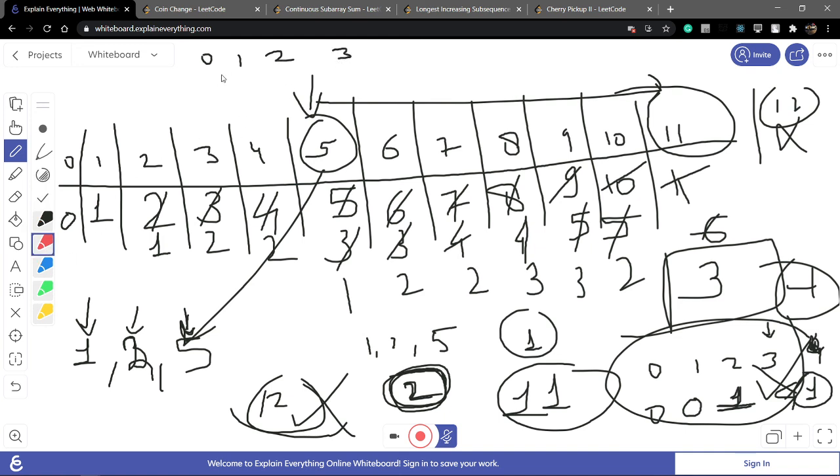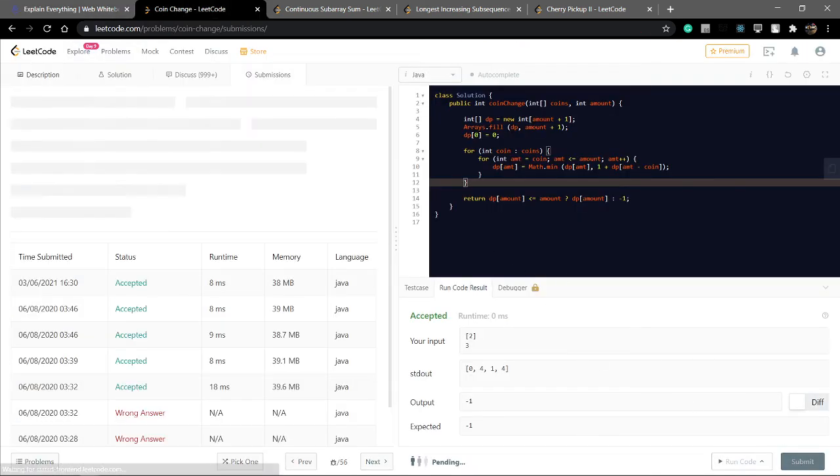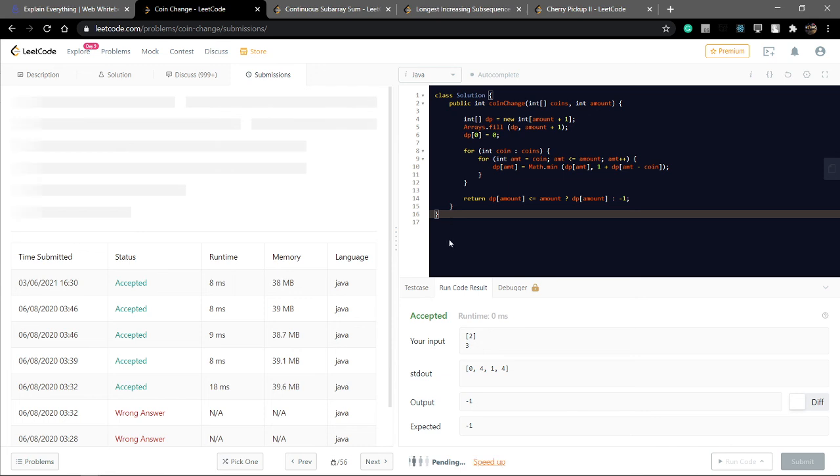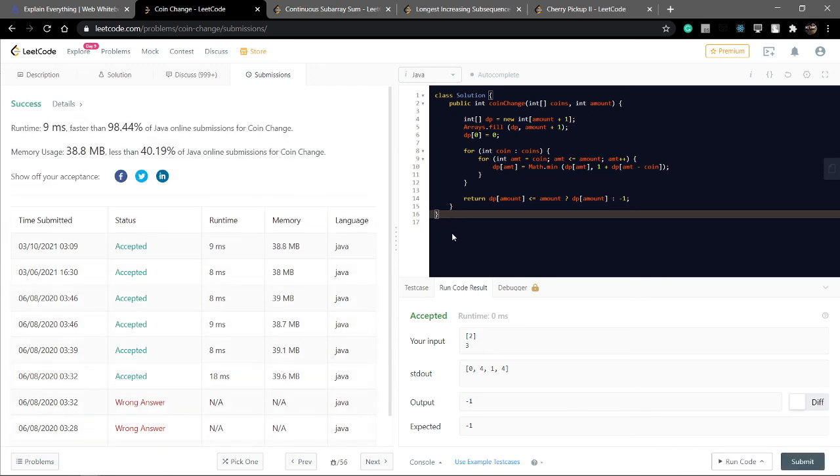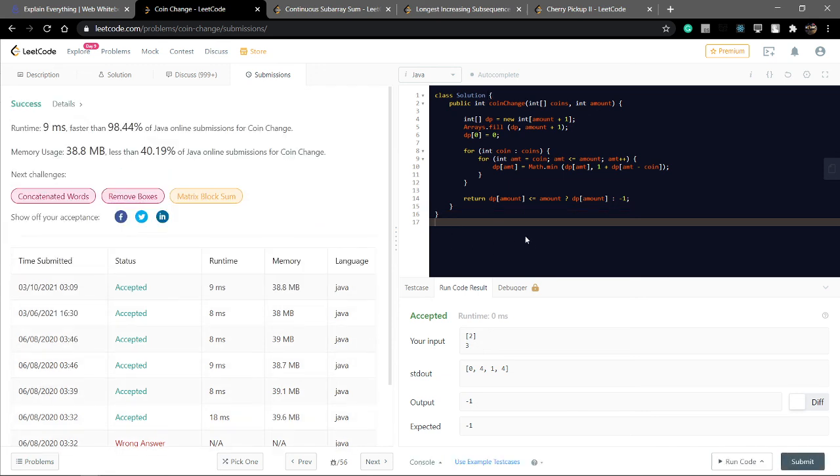All values by default are 4 and dp of 0 is 0. The coin is 2. 2 minus 2 is 0, 0 plus 1. Now 3 minus 2 is 1, 4 plus 1 is 5, minimum is 4. So the minimum is 4, and this amount is greater than the target amount. So this is a termination condition, not a permissible condition. Now this is the answer.